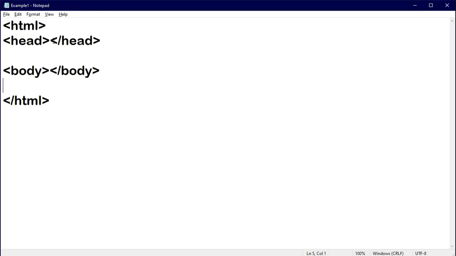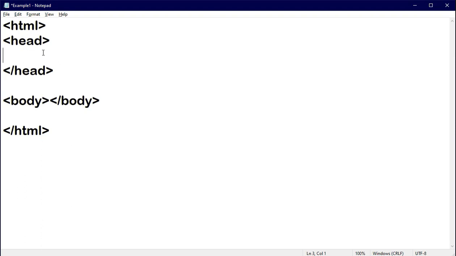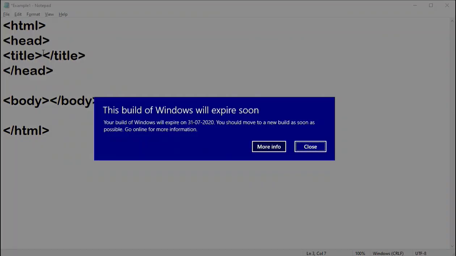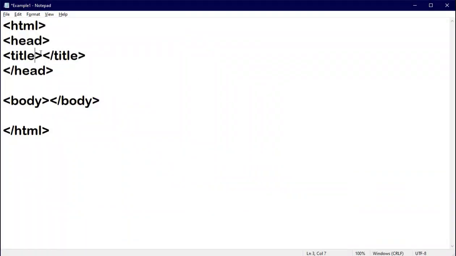So that is possible with the help of the HTML title, and it is compulsory to write the HTML title in between the head section open and head section close. Now the title of a web page is specified by the HTML title element. Means whenever we write like this, that is title open, title close, and in between I am writing a title, that is HTML introduction.